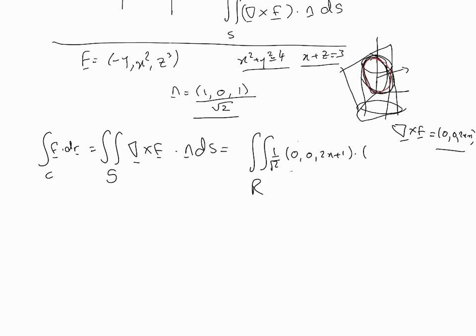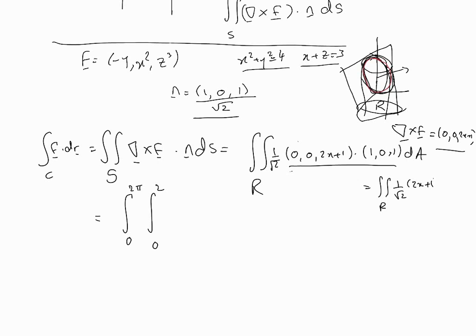Okay, and dot product with (1, 0, 1) dA. So that will boil down to, now let's just do this. The region R that we're looking at is a circle with radius 2. So this is going to be 0 to 2 pi, polar coordinates are best, and 0 to 2. But here, let me just show you, this will boil down to region R, 1 over root 2 into 2x